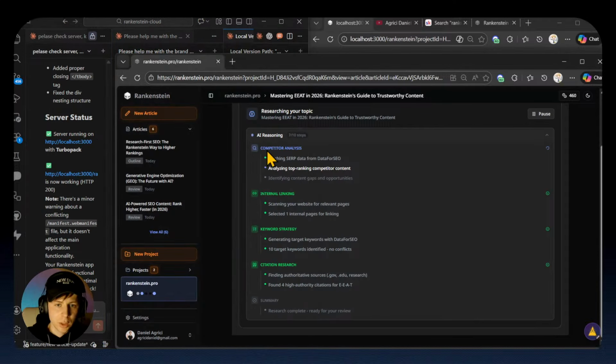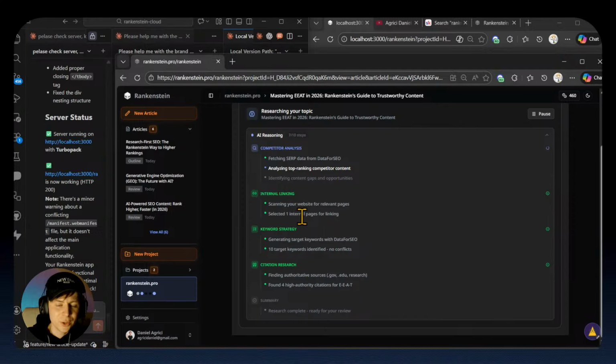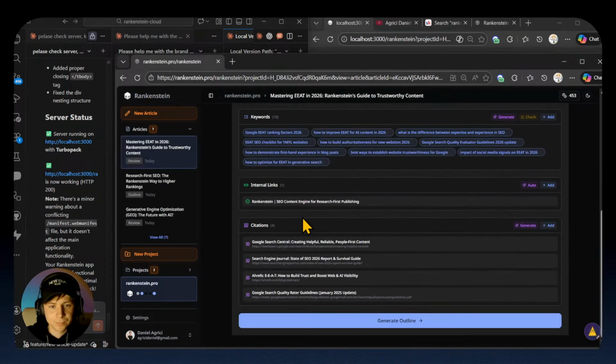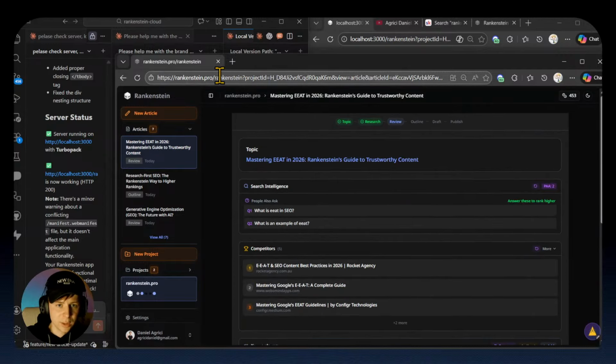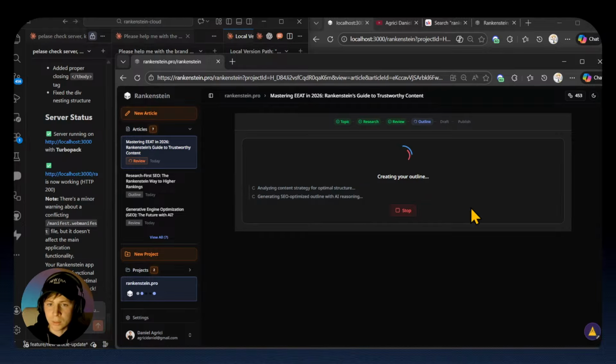Like, let's say here, this time, it takes maybe 1-2 minutes to do all the research, which is okay. But can it be better? Absolutely yes. Can it be faster? Yes, also. But even now, as we speak, this is the Rankenstein Pro app. It's working live. This one doesn't have the audio feature or the charts yet, because the audio features I was setting up till yesterday